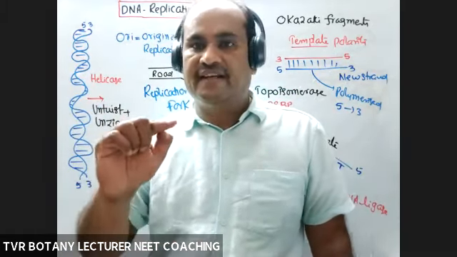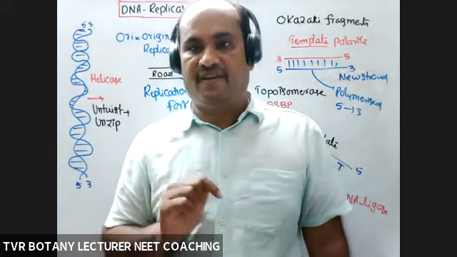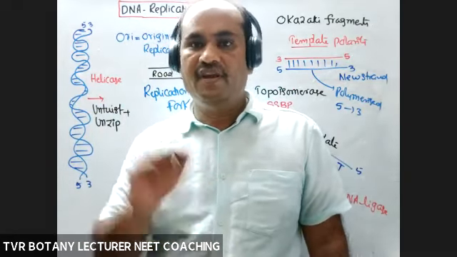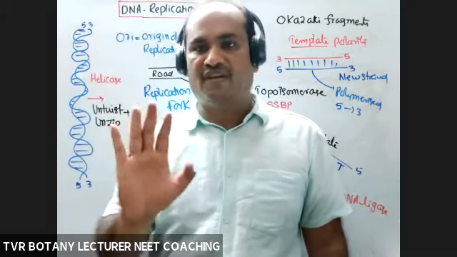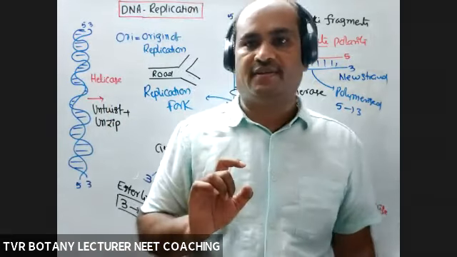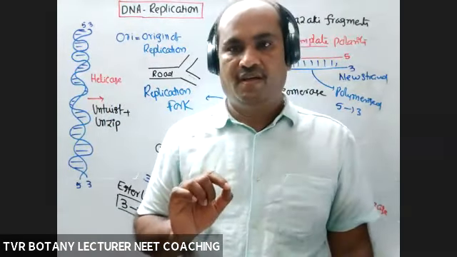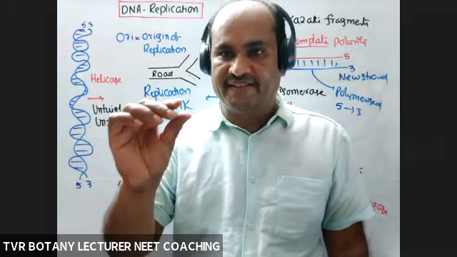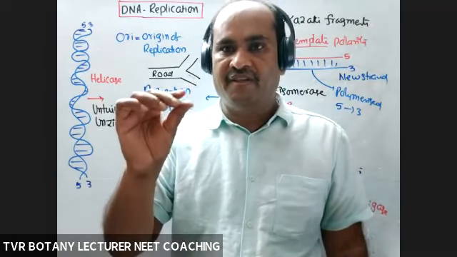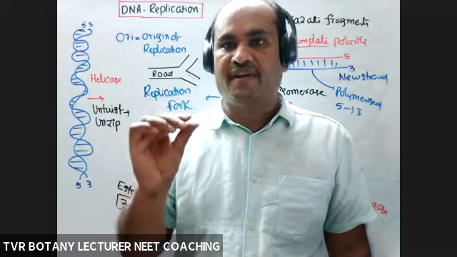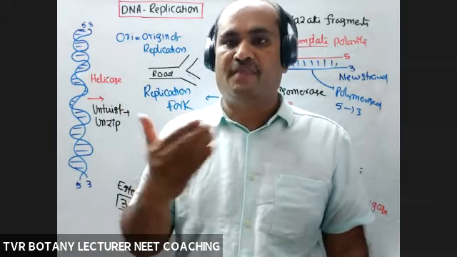Okay, so if it is required to propagate a gene, we have to select a vector with origin of replication. We'll discuss this under the heading biotechnology. Don't worry about the application of ORI. So we have to select a vector with ORI, origin of replication, for gene cloning, to produce a number of copies of the concerned gene.